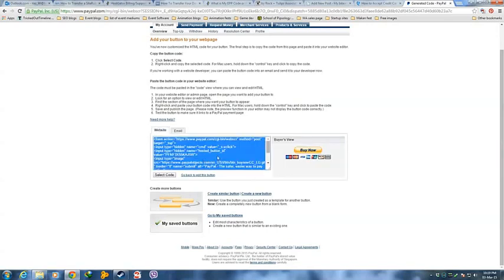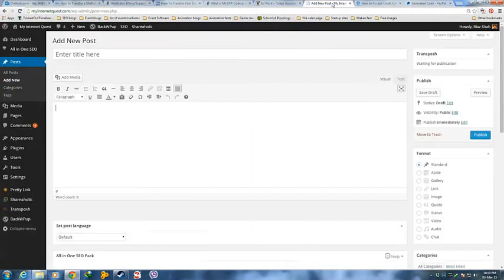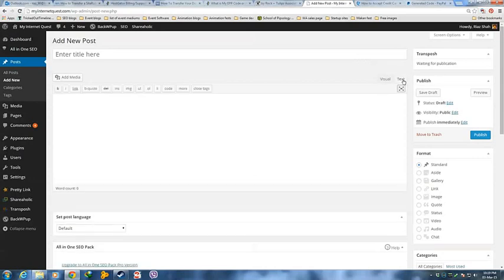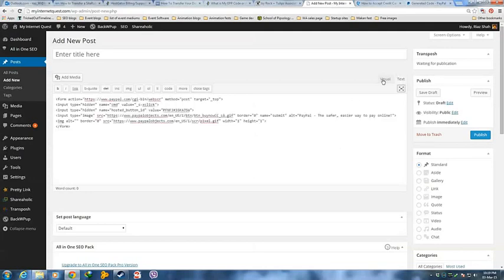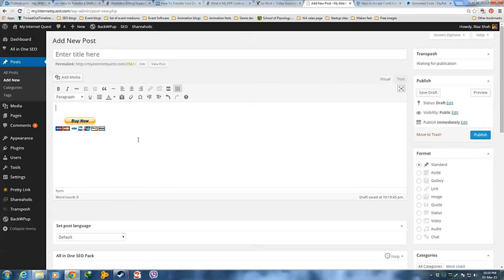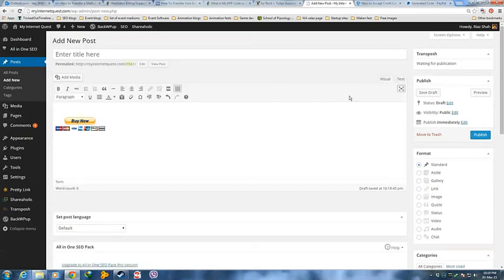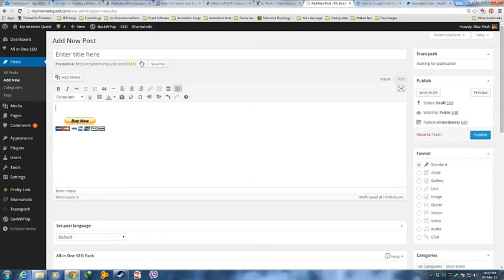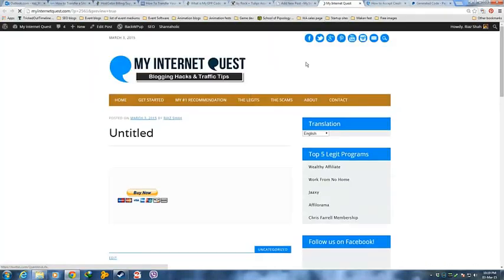So what you need to do next is go to your website. This is WordPress if you don't know. Go to the text section of your website. It's a place where you can put in HTML codes. And once you've added it in there, click on visual, and you see, voila, the link became a button. And let's click on view post and see.